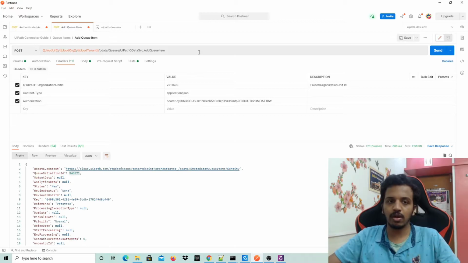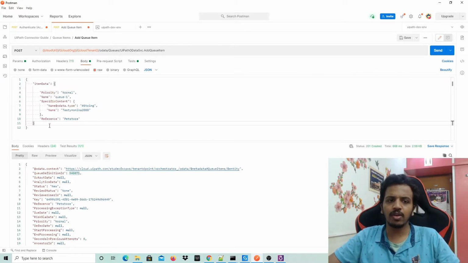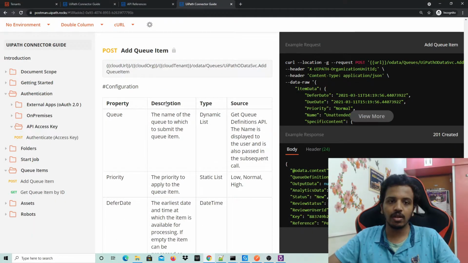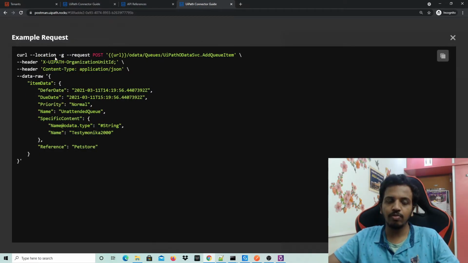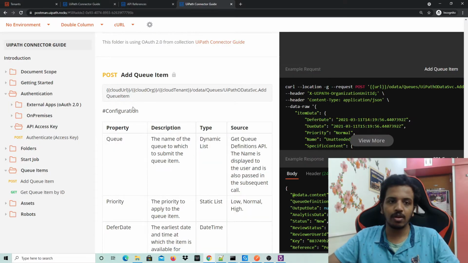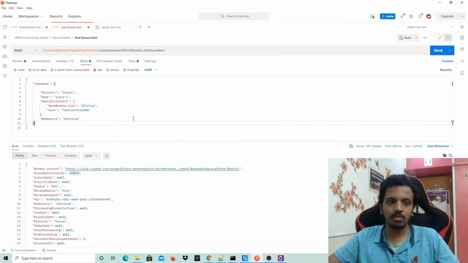Okay, so the header is clear, and in the body we can basically pass any request. The body that I have copied is directly what was given to me when I was downloading, so it's the default. You can see item data and everything is the body of the API for adding an item to the queue. This is what I am passing.